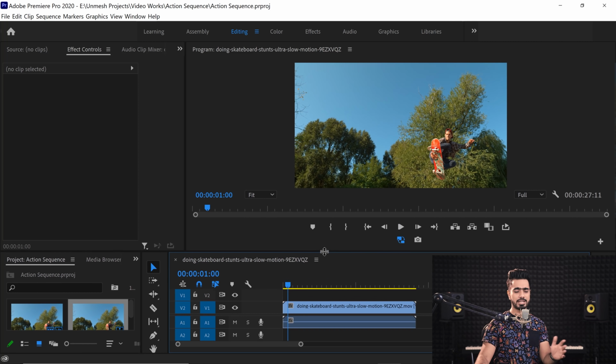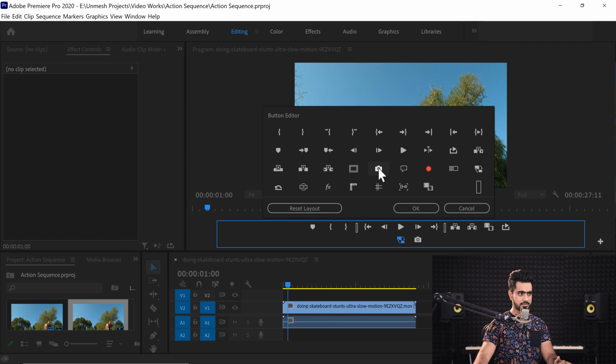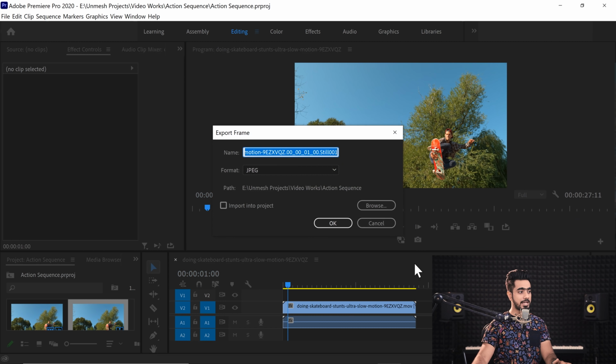At that moment, all you have to do is click on the camera button. It'll take a snapshot. Now, if you don't see this camera button, just make sure that you click on the plus and bring the camera down here. If the camera was not there, just drag the camera down here so that it will always be available for you. All right, click on that.